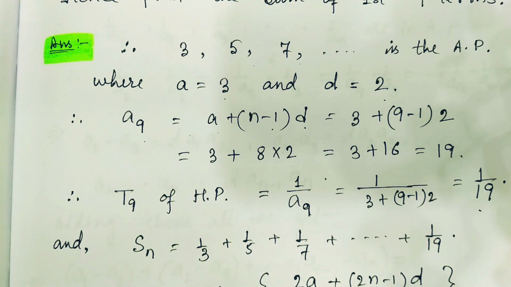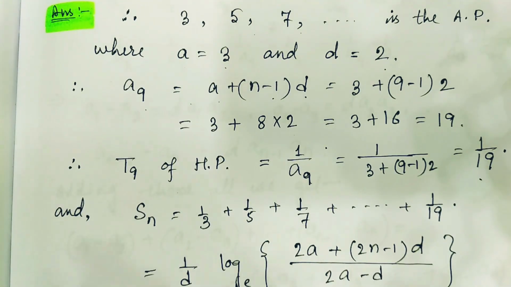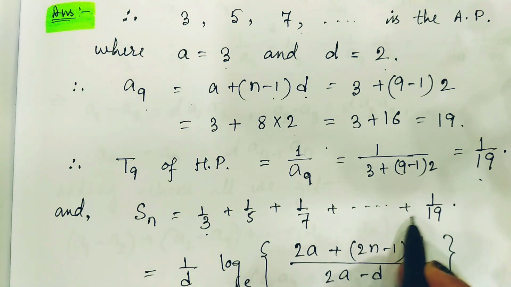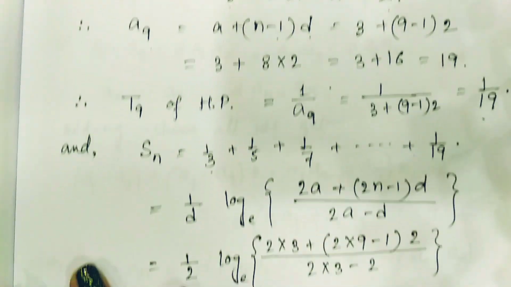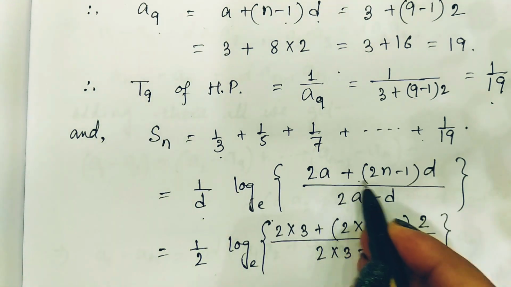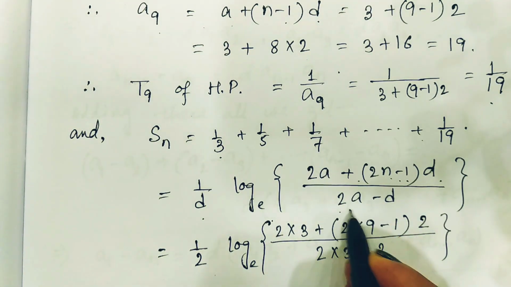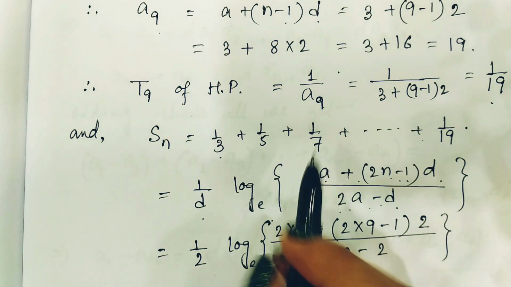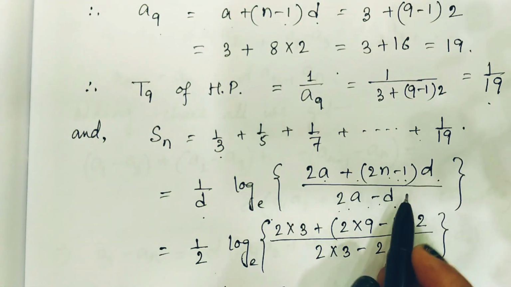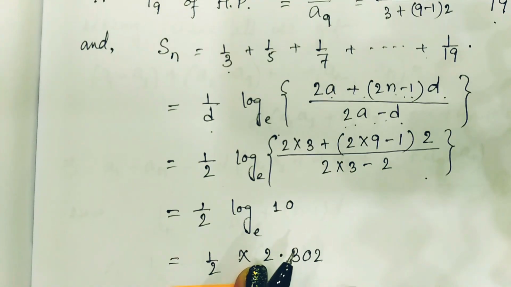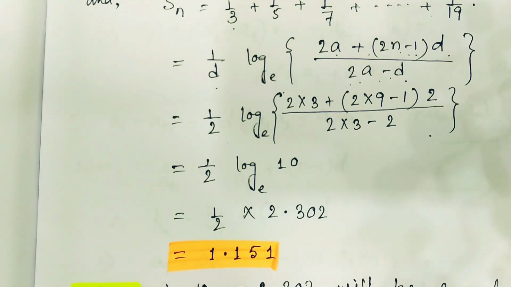Now our requirement is to find the summation of these 9 terms. So Sn is 1 by 3 plus 1 by 5 and so on up to 1 by 19. The formula we know is 1 by D log e of (2a plus (2n minus 1) into D) divided by (2a minus D). If we substitute all those values, we know that A is 3 and D is 2. So if we substitute and simplify,